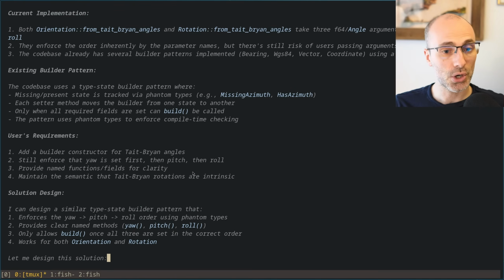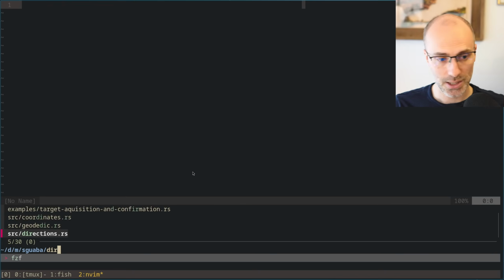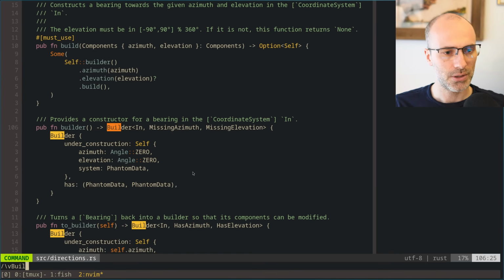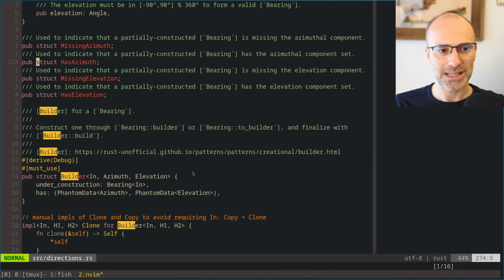Yeah, so this is the current builders have, in fact, we can go look at it. So if you look at something like direction, if I look at the builder here, you'll see that the setup for the builder is that it has an argument for the coordinate system that we're building a bearing for, and then it has azimuth and elevation, where each of those are generics that are either set to has azimuth or missing azimuth, and has elevation and missing elevation.